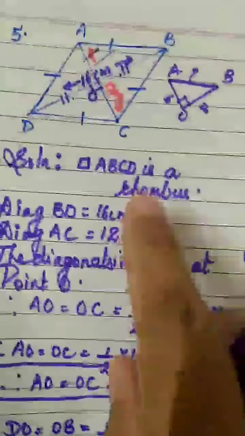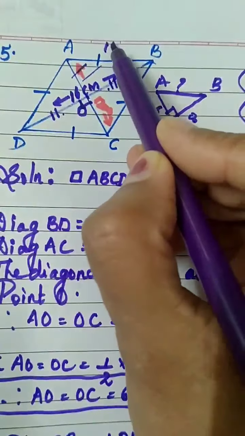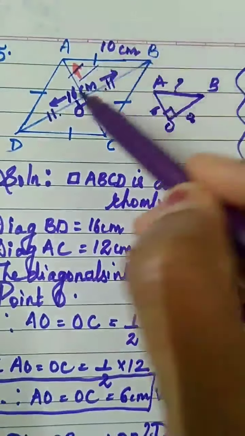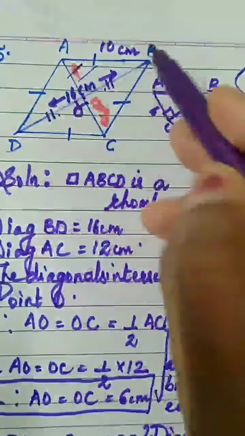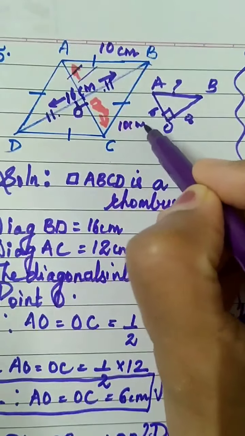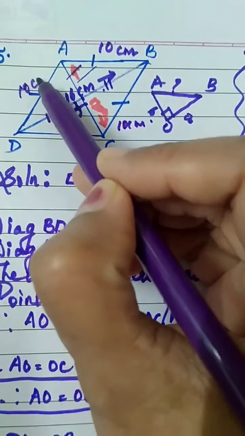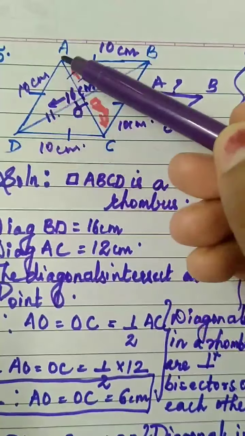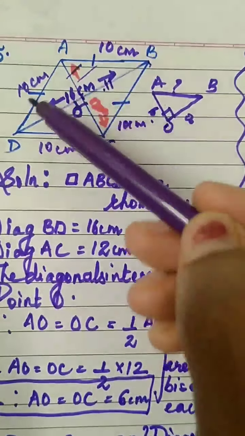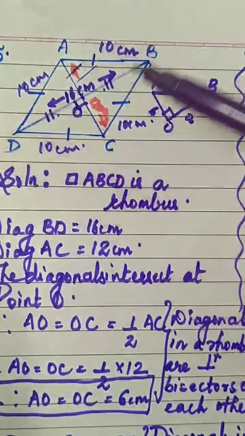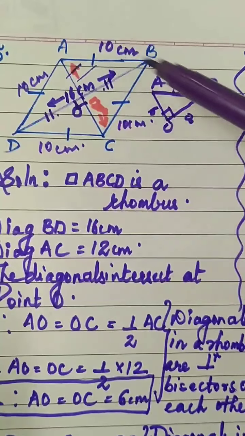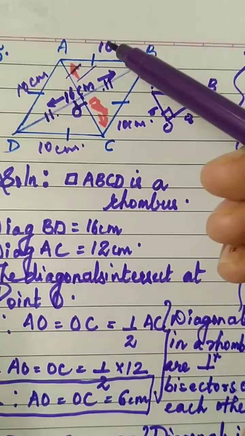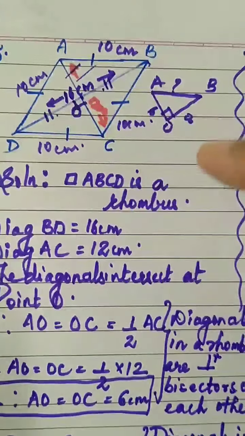Okay. So just to look at the figure, if AB, one side is 10 centimeter, how much will be all the sides? Yeah, all the sides will be 10, no? Because in a rhombus, all sides are equal. So what will be the perimeter? Perimeter means addition of all the sides. There are 4 sides. All sides are of equal measurement. 10 into 4 is 40. Or 10 plus 10 plus 10 plus 10 is 40.